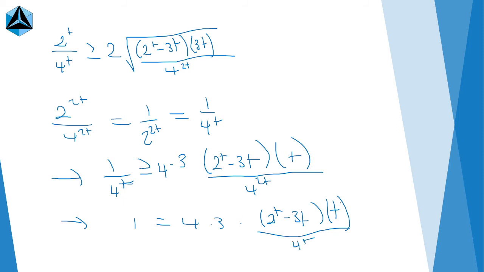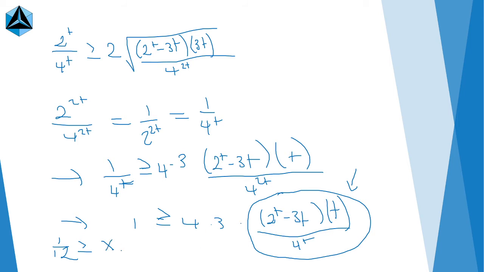4 to the t. And this is our product. This is the thing that we're trying to find. So if you divide both sides by 12, you get that 1/12 is greater than or equal to our value. I'm just going to call it x because I'm too lazy to rewrite that, but that's what x corresponds to. And basically that says that x is less than or equal to 1/12, which means that 1/12 is our maximum value. It's attainable when 2 to the t minus 3t is equal to 3t, and,